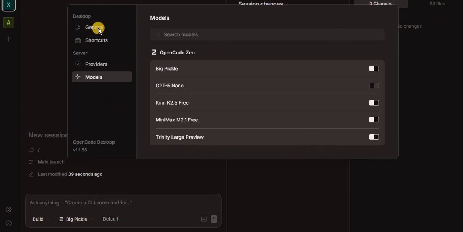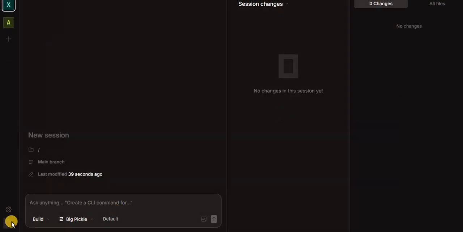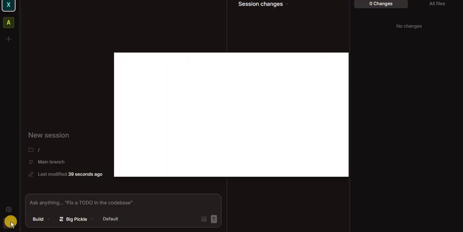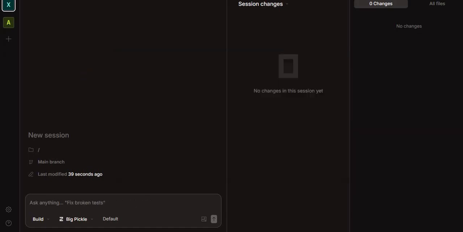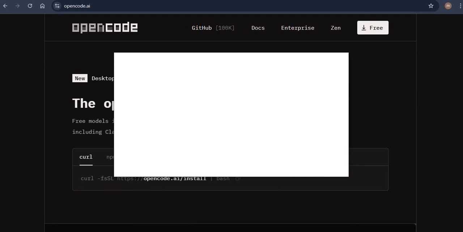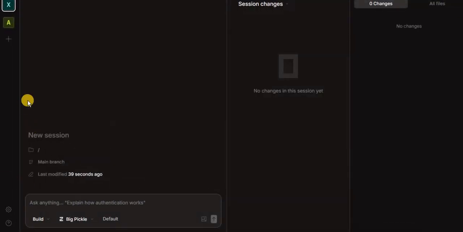And what else do we have here? So we're done with the settings. And what is this? This should be the help, support. Okay, I just want to build something. It should just show up. Okay, while this is loading, I don't know why I clicked it. Okay, now you have